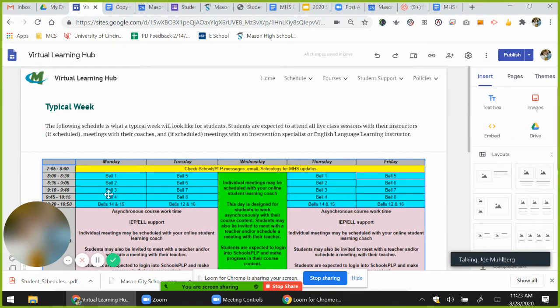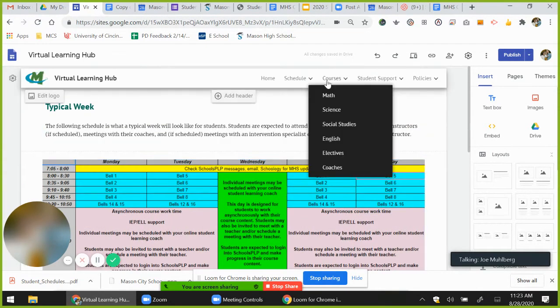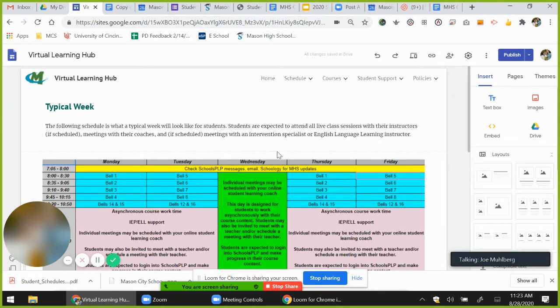They're in your bell schedule, and whenever they show up in one of these every 2-day rotations, you will go to their connection. They will also schedule a weekly or every other week meeting with you. You can get to them either in the coaches tab or the student support tab. They're there to help make sure that you're doing okay and that you're supported in your online learning